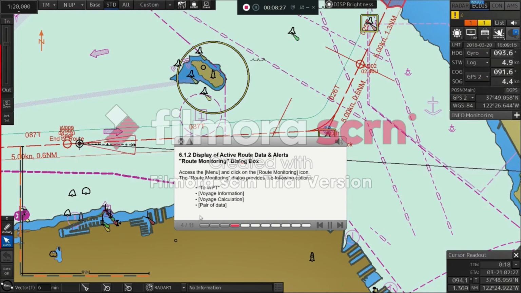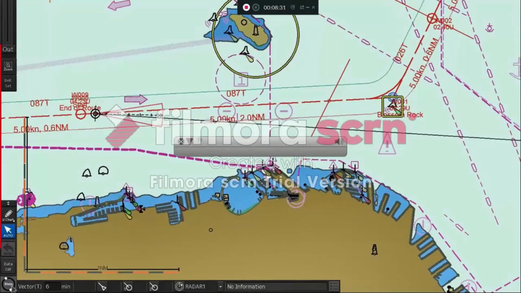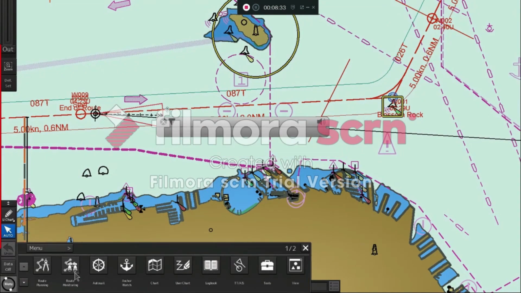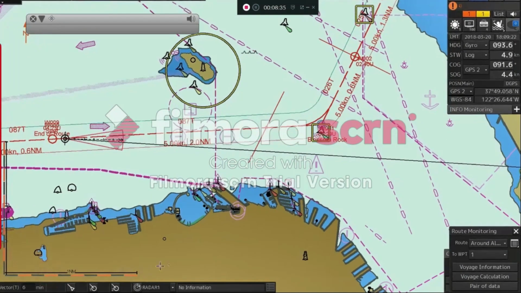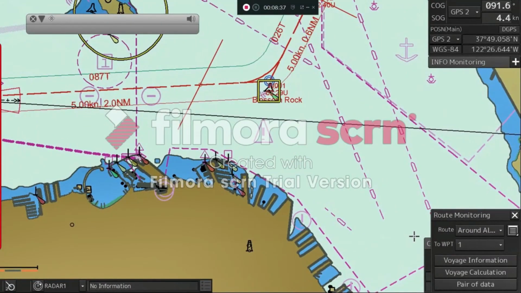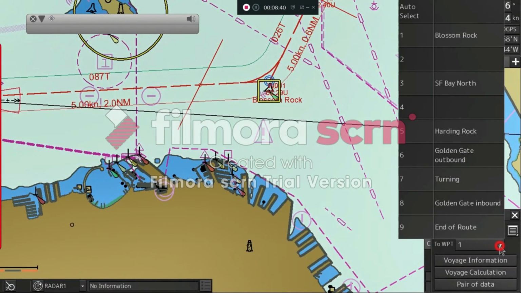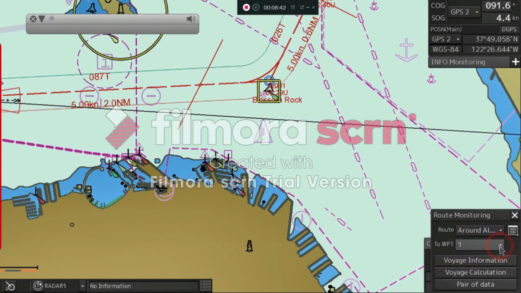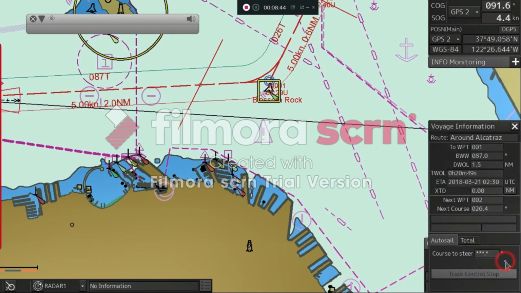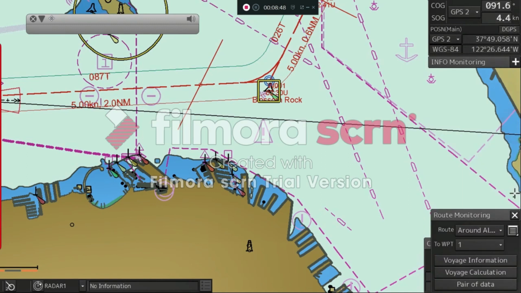Route Monitoring dialog box. Access the menu and click on the Route Monitoring icon. The Route Monitoring dialog provides the following options. To waypoint, voyage information, voyage calculation,